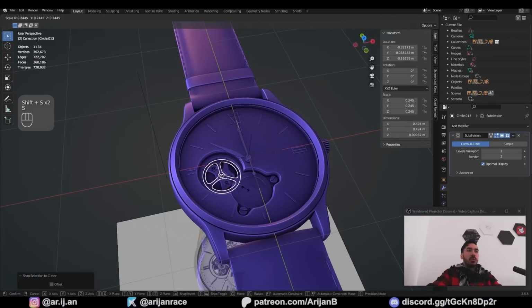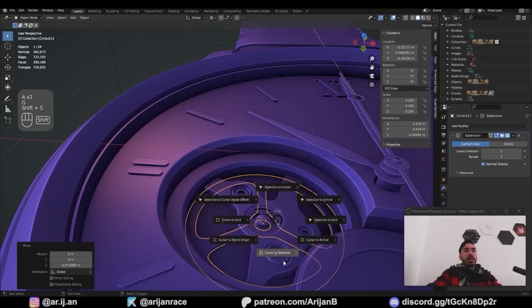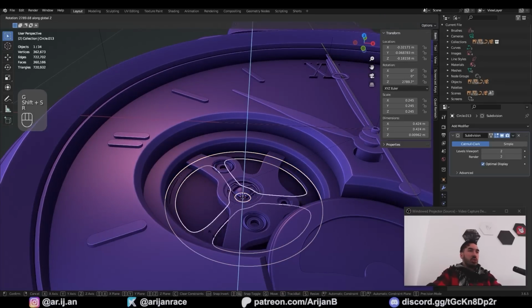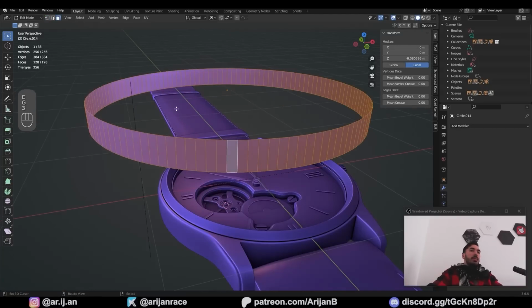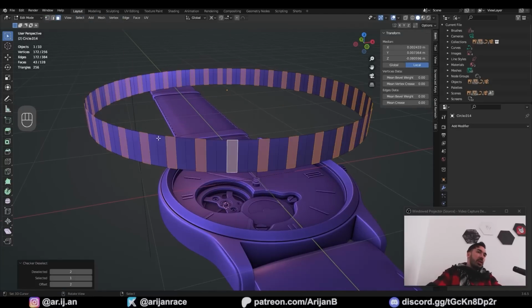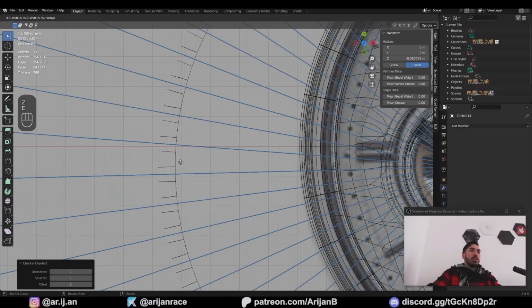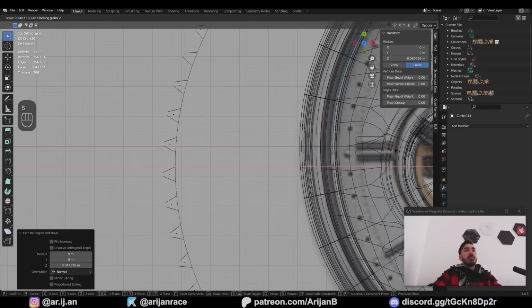Place this back in the hole and scale it down if you have to. This is something that we're going to animate later because we can make this spin as much as we want. Give me another circle with, let's say, 128 vertices, turn it into a cylinder, select all the faces, select, checker, deselect, extrude all the faces outwards individually, scale them down a little bit to make them pointy, then inset